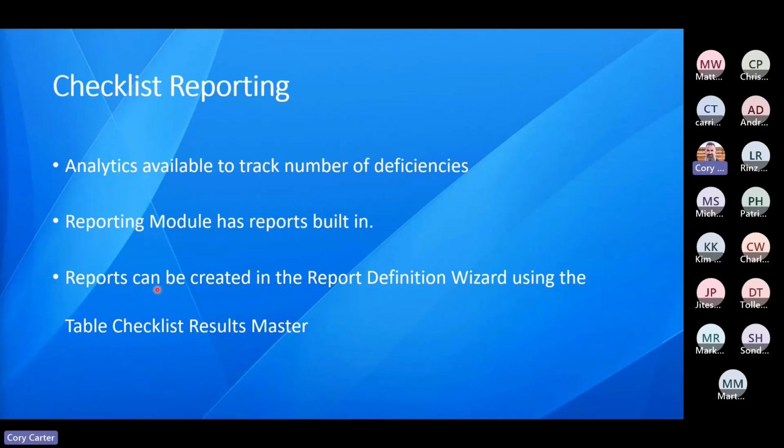And you can create your own reports in the report definition wizard. You can do that yourself using the table checklist results master, or you can call our support line, and our support line can help you create reports, and they'll all come from the checklist